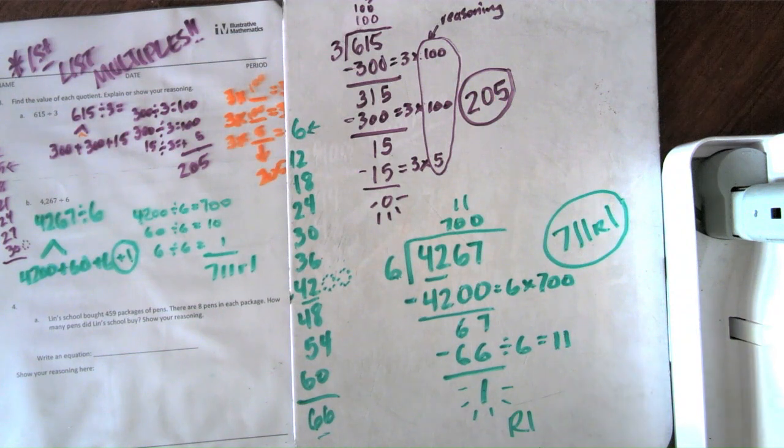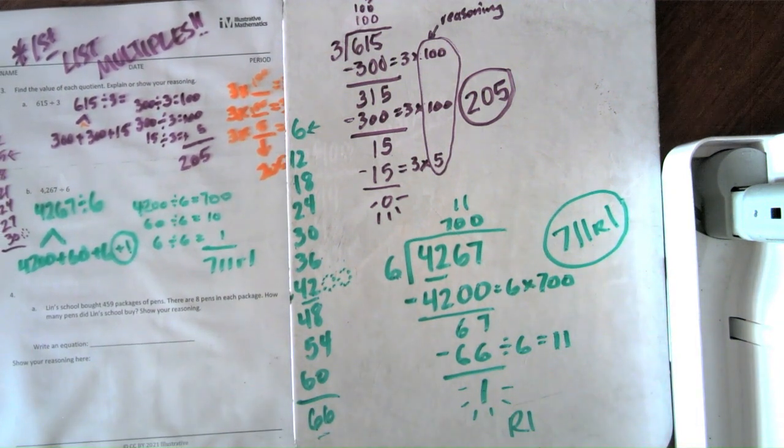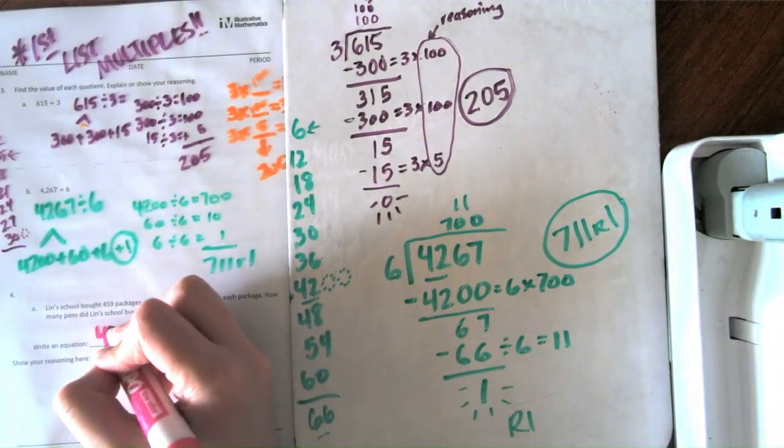And you could do the same thing with multiplication. You could do the same exact thing with multiplication as it shows on your answer key. But for the sake of time, I'm not going to go over that one. All right, number 4. Lynn's school bought 459 packages of pens and there are 8 pens in each package. So if I have packages of pens and there are 8 in each package, my equation is going to be